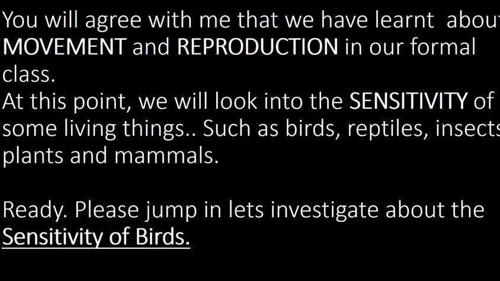Reproduction. All living things reproduce their kind. So a cat will give birth to a cat. A dog will give birth to a dog. And then what about the trees? Yes, a mango tree will bear fruit, a mango, and perhaps you will get another mango tree from a mango tree. So that is basically about that. And then growth. All living things exhibit growth, which is very common. There's no living thing that does not grow.